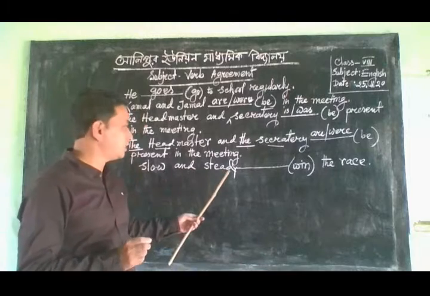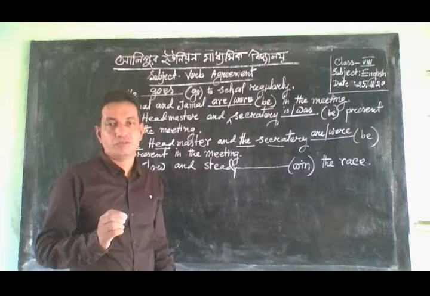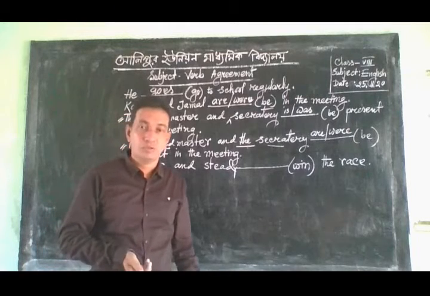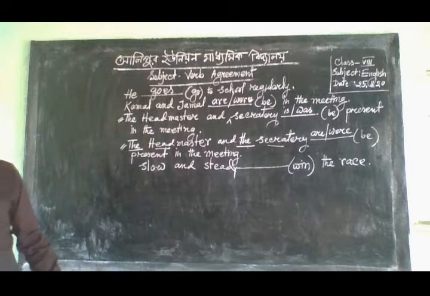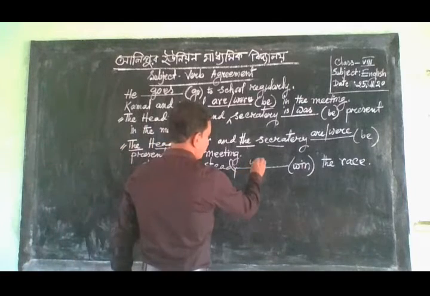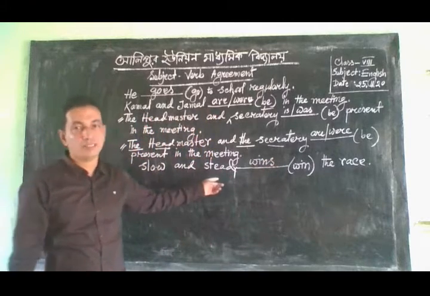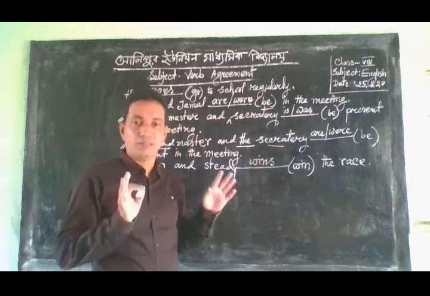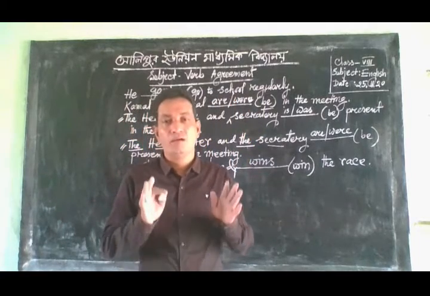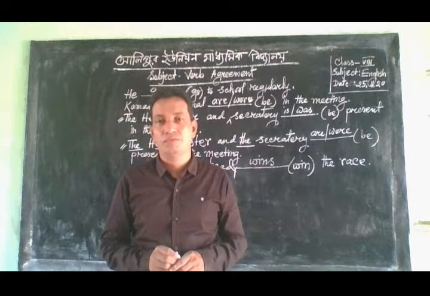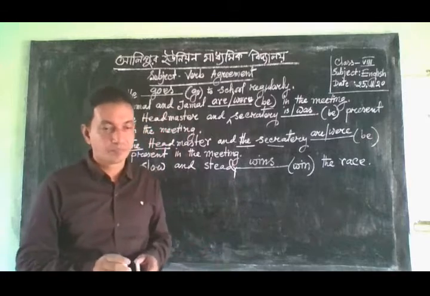So, slow and steady is the singular subject. So the verb also should be singular form. Okay, dear learners, so I will write here wins. Wins. Because slow and steady are not different subjects, they are the same subject, and that's why the verb should be singular form. Isn't it? And our next example is